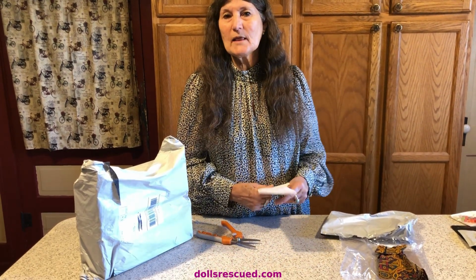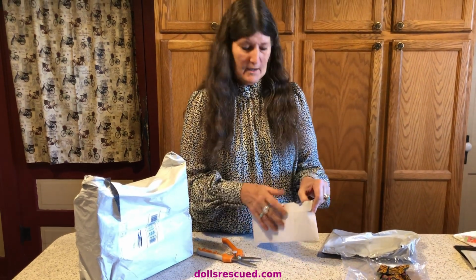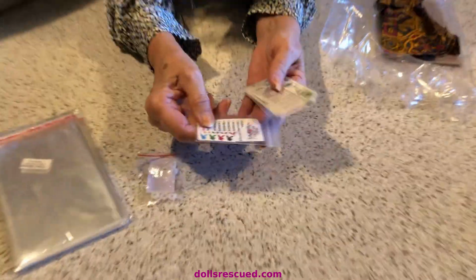I like to sew, I like to craft, but as far as drawing, you wouldn't know what it was. I couldn't do an ink blot. Okay, let's see what I did get. Oh, this is for the upcoming,